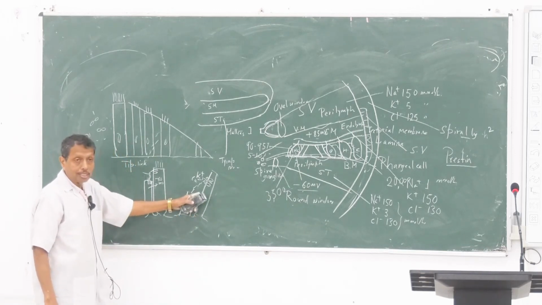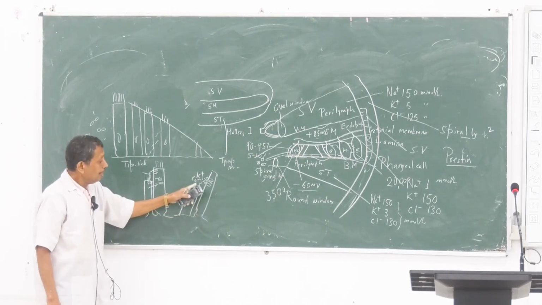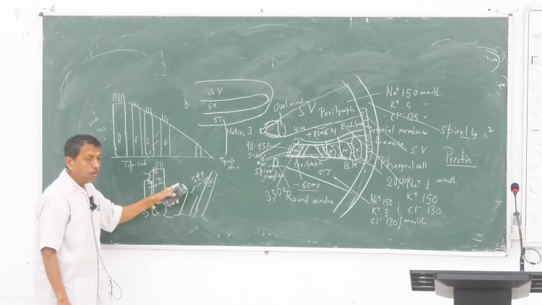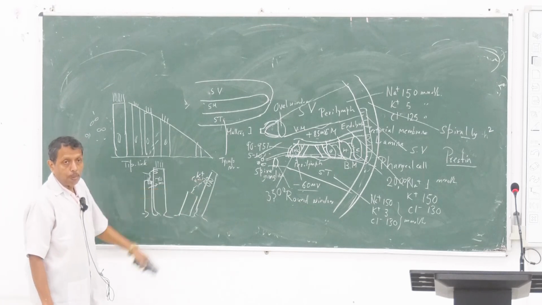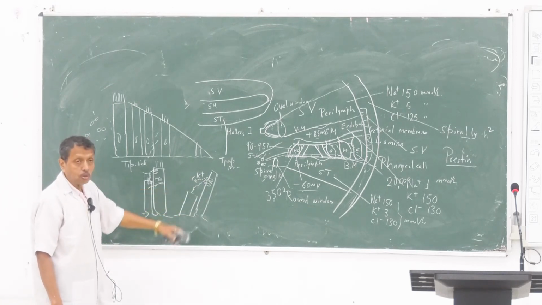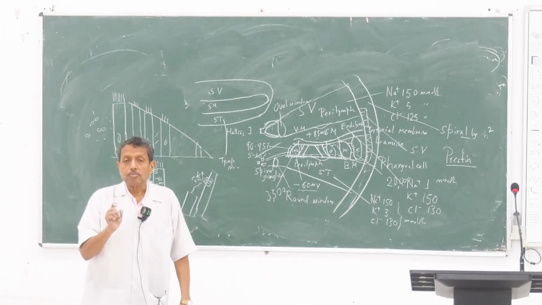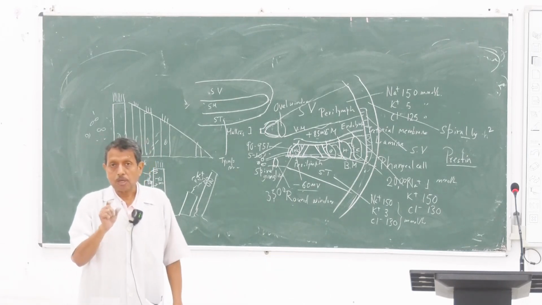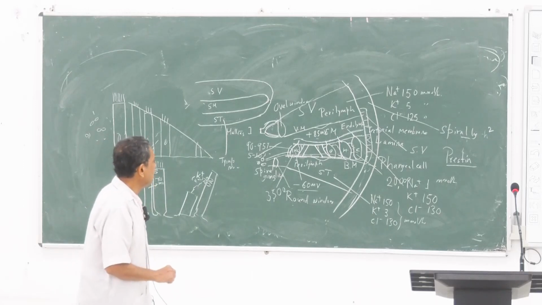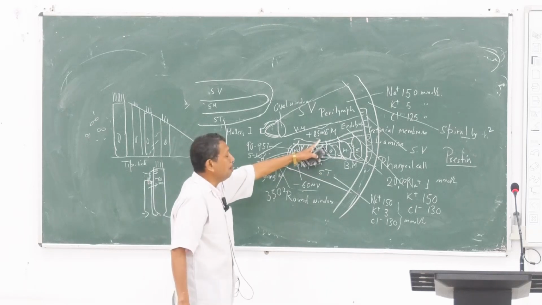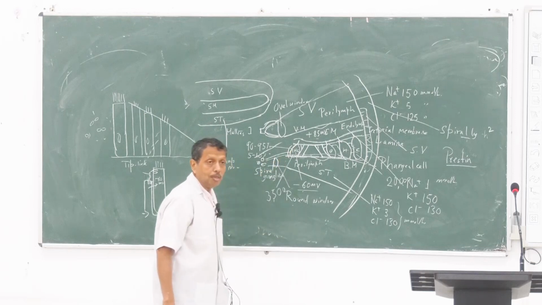When it bends in this direction, there is a stretch of the tip links and the membrane channel will open and permit potassium to enter. Why potassium? Because there is a potential gradient between them. In the figure it is plus 85 millivolt, and here it is minus 60 millivolt.